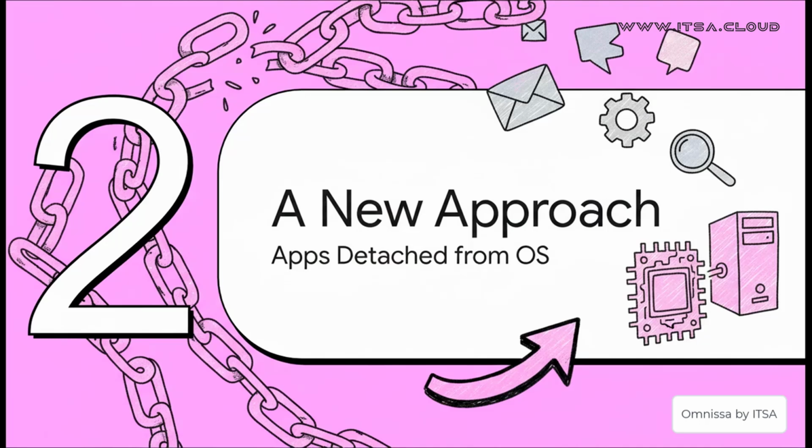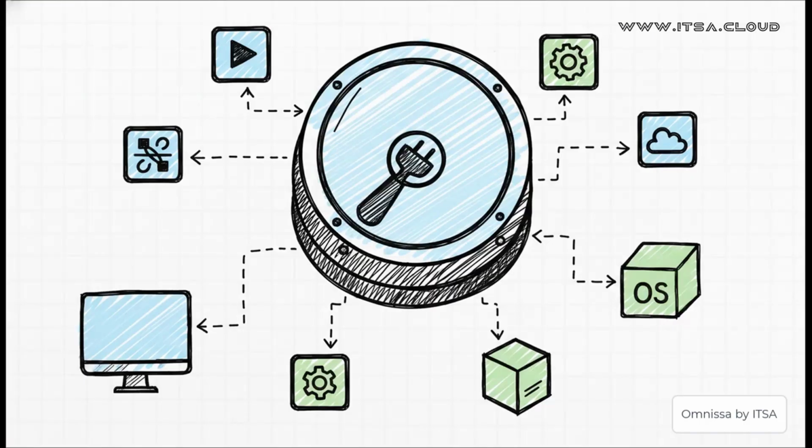Well, that's where App Volumes comes in, with a completely new way of thinking. The core idea is actually really simple, but it is so powerful. Separate the applications from the operating system. So here's the official definition. Omnissa Horizon App Volumes is a real-time application delivery solution. The whole point is that it separates apps from the OS. Instead of baking them into your master image, it packages them into their own little virtual disks. You can almost think of them like portable, plug-and-play app containers.